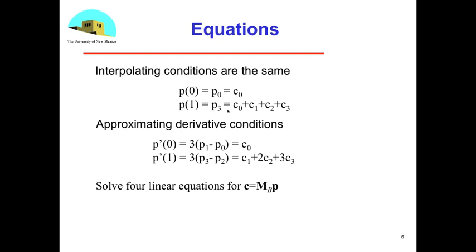They're a little bit more complex than what we had before, but what I can do is substitute P0 into this equation to get an equation for P1, and substitute for P3 in this equation to get an equation for just P2. Then I have 4 equations and the 4 unknowns, and I can solve those, and once I solve them, I get that the constants C0 through C3 are given by the Bezier matrix times P, which looks like